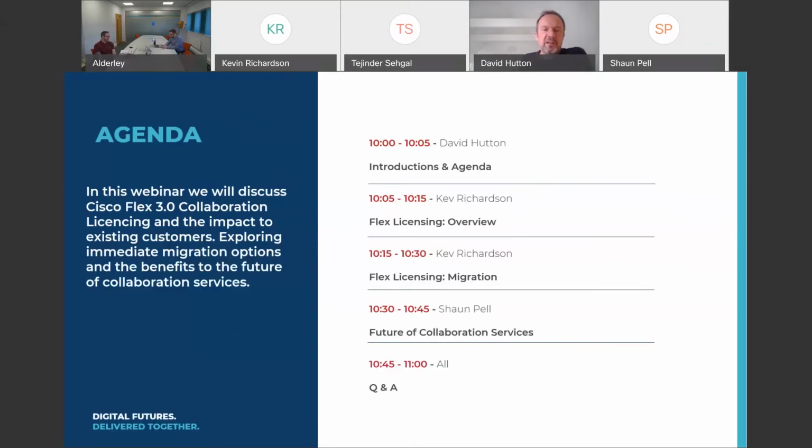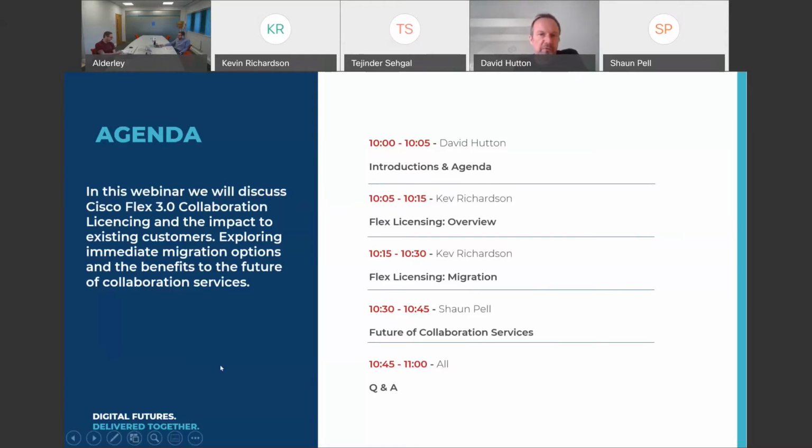And then we're just going to have a little bit of an insight into the future of collaboration services. And then, time allowing, we'll have 15 minutes at the end for questions. We may not take up all of your time. We have timed this session. Typically, we've been under, but it depends how many questions you have at the end as to whether we'll finish any earlier.